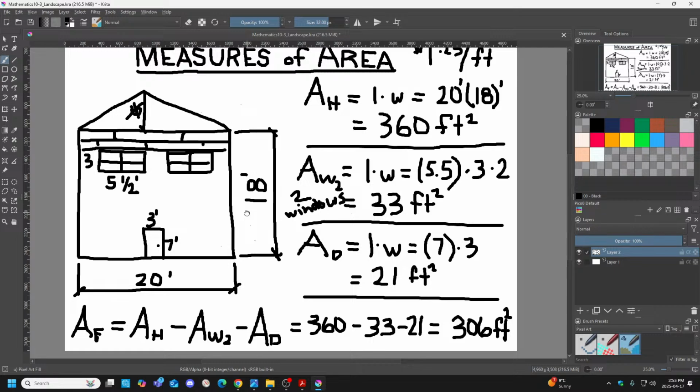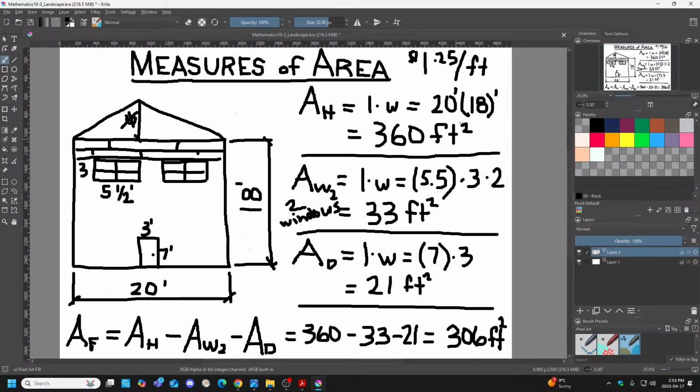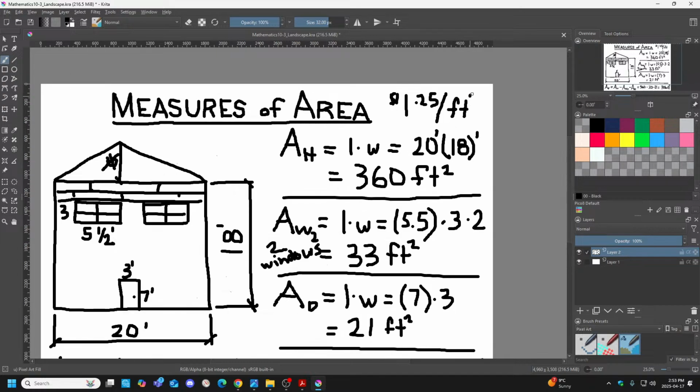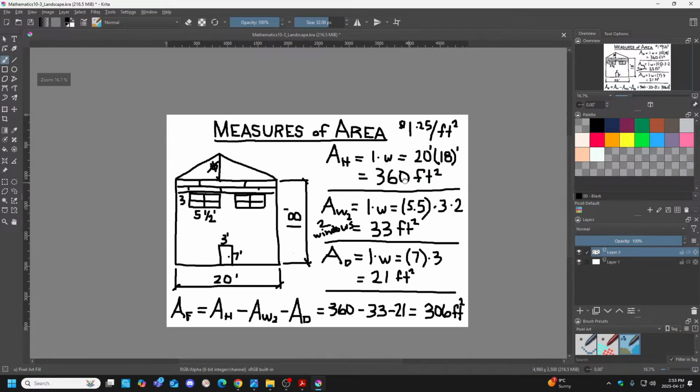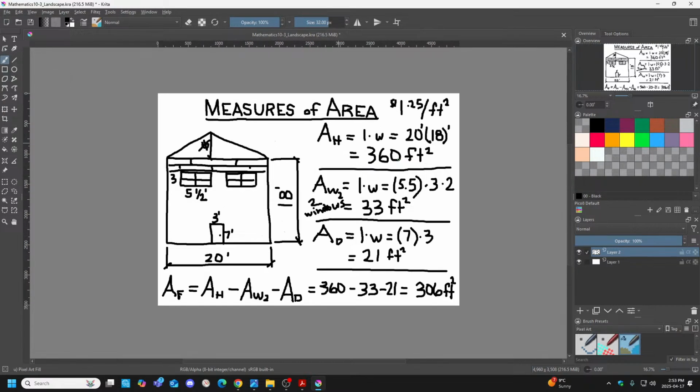All right, so we have 306. I'm going to multiply that by $1.25 per foot. Per foot squared, I guess it would be. It doesn't really matter. He charges $1.25. So I get,